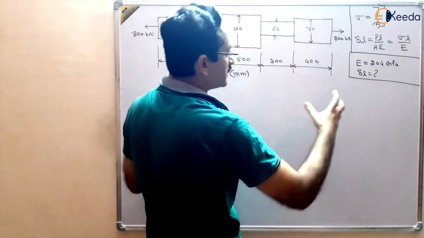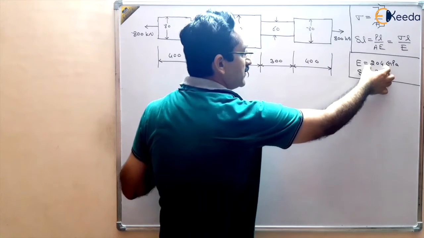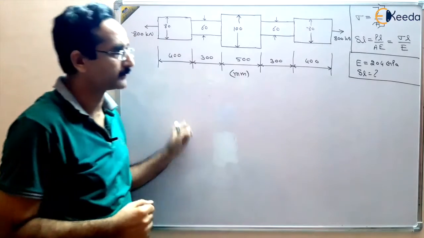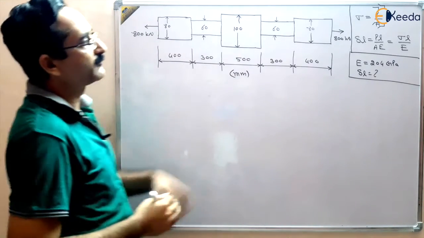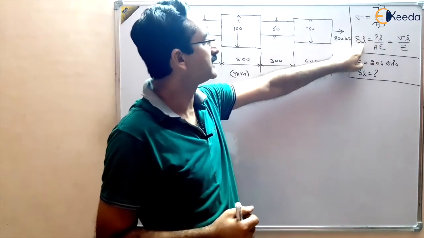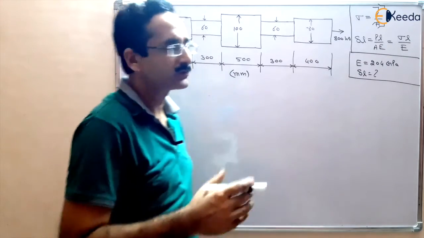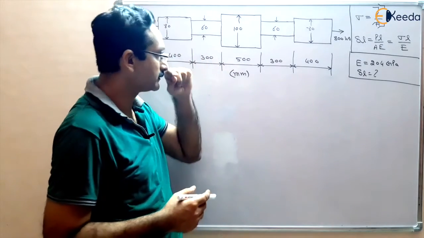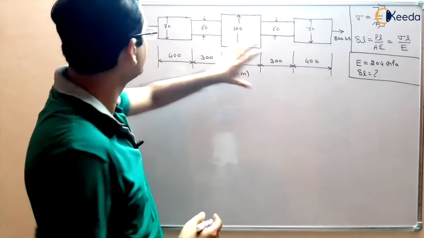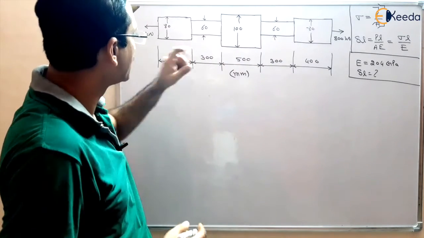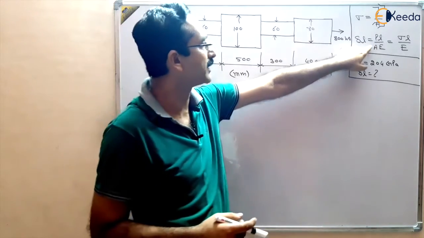What is the extension of the bar, delta L, and the modulus of elasticity of this material, steel, is given as 204 gigapascal. So this is our question. We can apply our direct formula of simple stresses that the extension of the bar is given by PL upon AE. As we have done in theory, whenever a given bar has varying cross section area, we can apply this for each section.